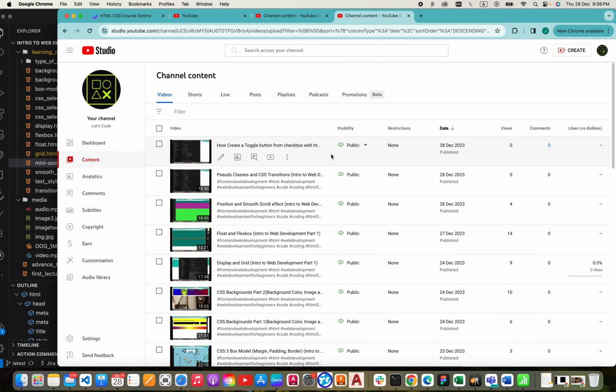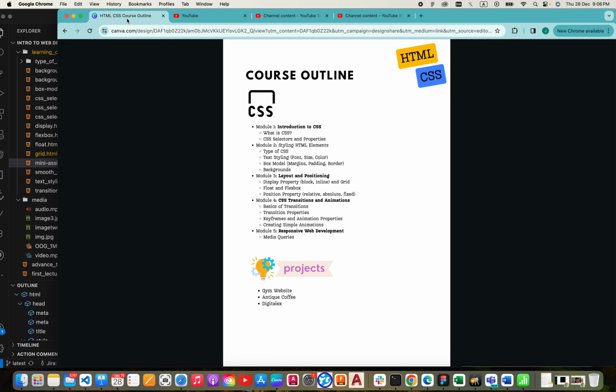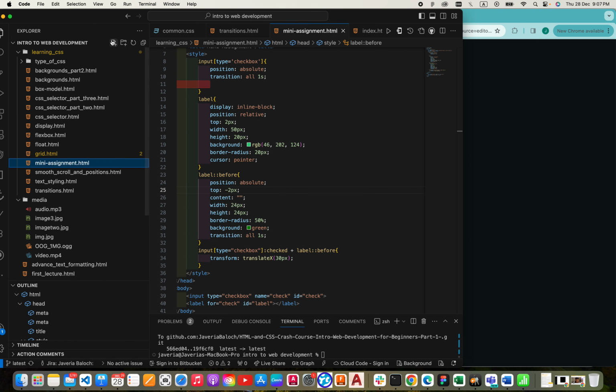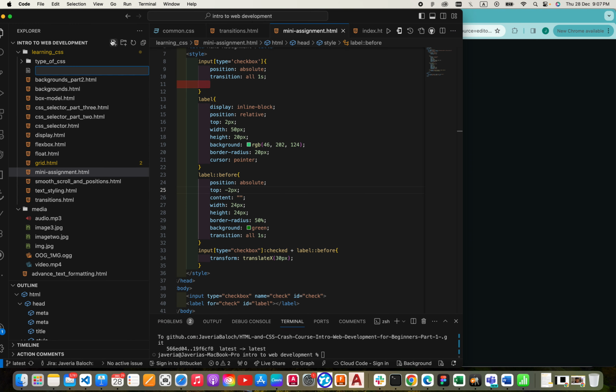Back to Let's Code, and in this video we are going to cover the topic of keyframes and animations in CSS. So let's start our coding for this lecture. This is my VS Code. I'm going to create a new file that will be called animations.html, and in this file I will show you both the transform types and also the animations,